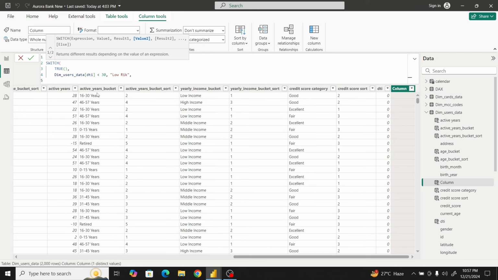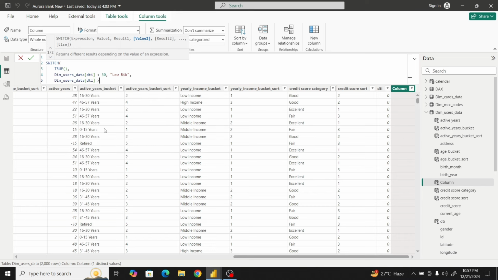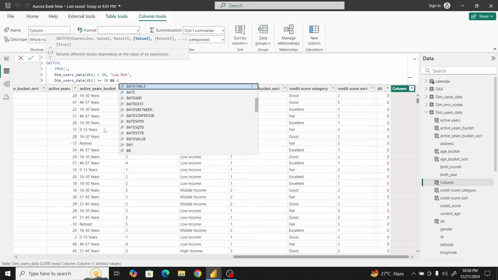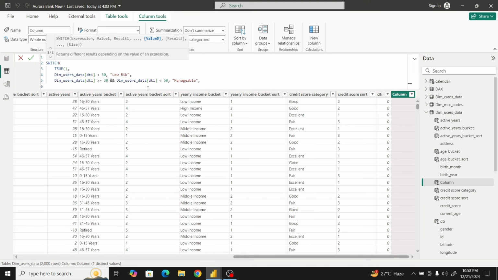right? Now, if the DTI is greater than or equal to 30 and also the DTI is less than 50, we want to say this is manageable, right? We want to say this is manageable. Next, if the DTI is greater than or equal to 50 and DTI is less than